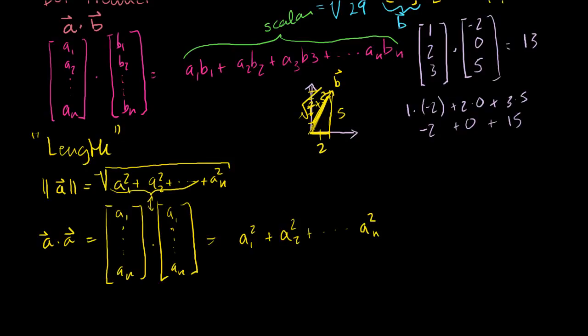So we could write our definition of vector length in terms of the dot product. It equals the square root of the vector dotted with itself. Or if we square both sides, we could say that our new length definition squared is equal to the dot product of a vector with itself. And this is a pretty neat outcome, it's almost trivial to actually prove, and we're going to use this